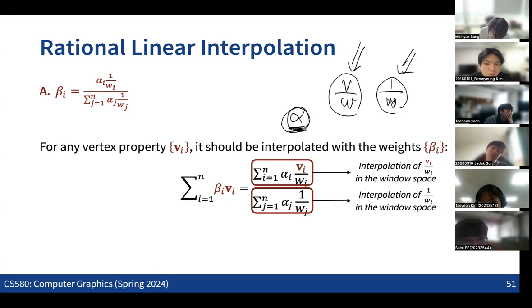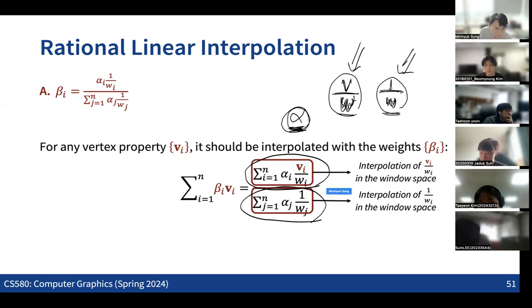The only thing that you need to do is to have this quantity V over W and also 1 over W, just having these quantities ready to be interpolated by the rasterization pipeline. And then you just divide this interpolation by the interpolation of 1 over W. So this is kind of the exact setup in the